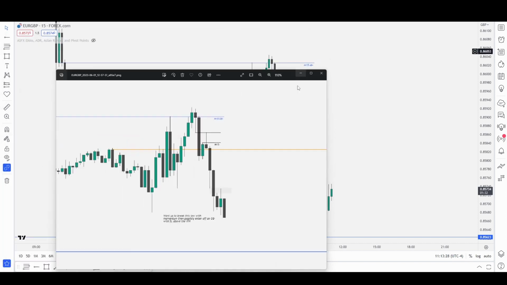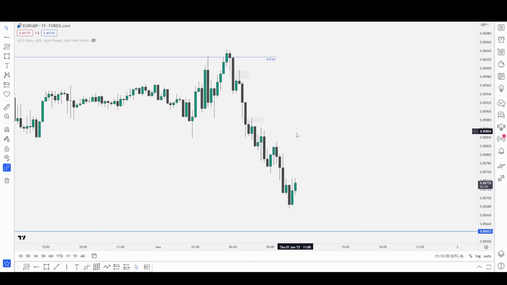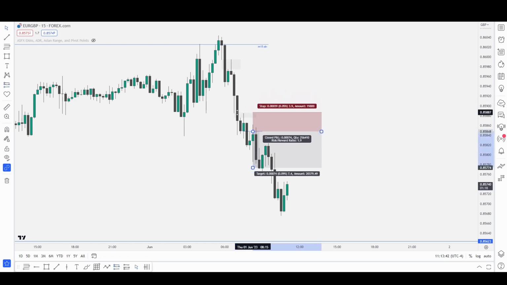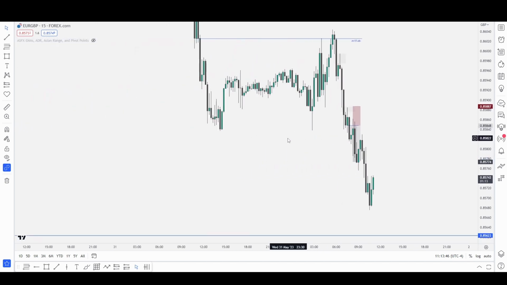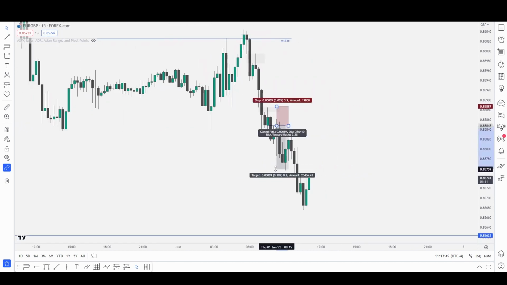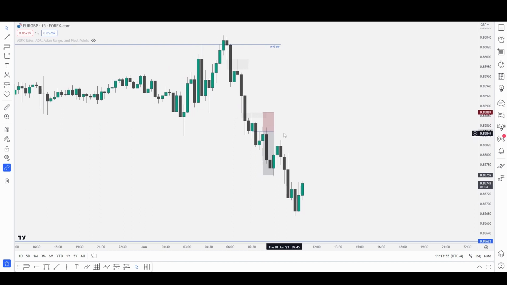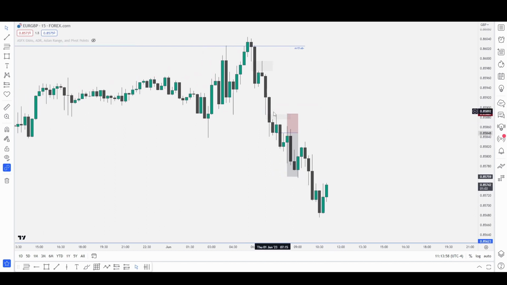So I knew initially this shouldn't be traded above, and as soon as we came into this order block here, I took my entry and I aimed for a 2R. So I had my stop above the intermediate term high, as according to the algorithm it shouldn't be violated. I had my TP about here, so 1 to 2.28, sorry. And that was a perfect trade and perfect example of how we should never have our stop loss